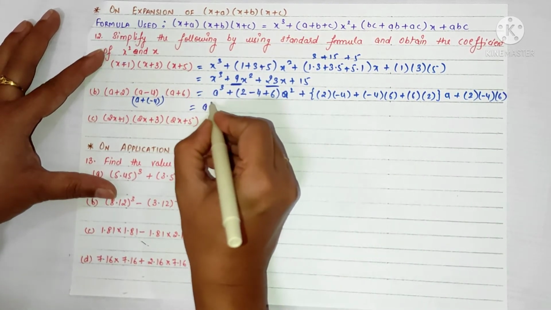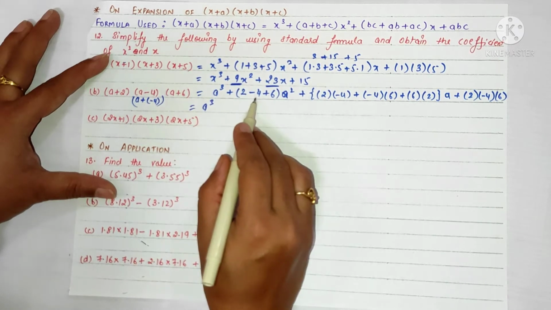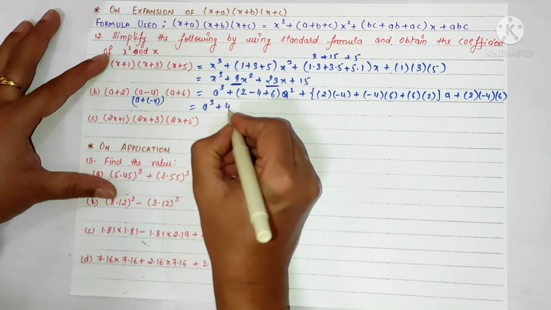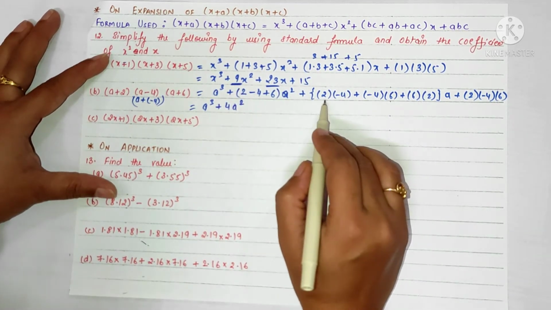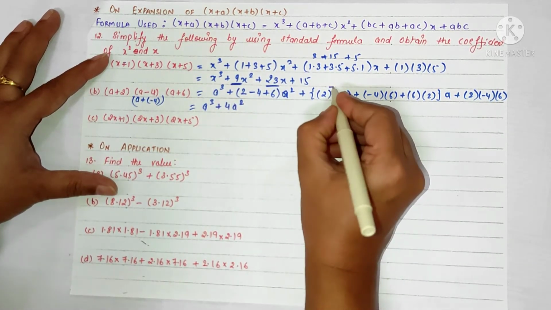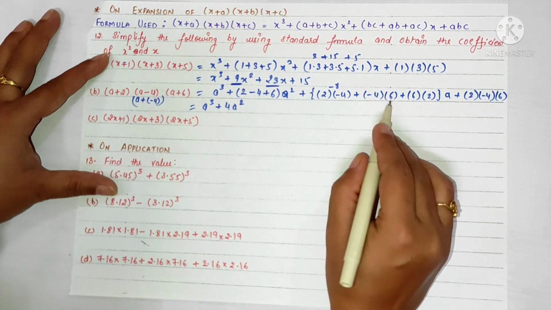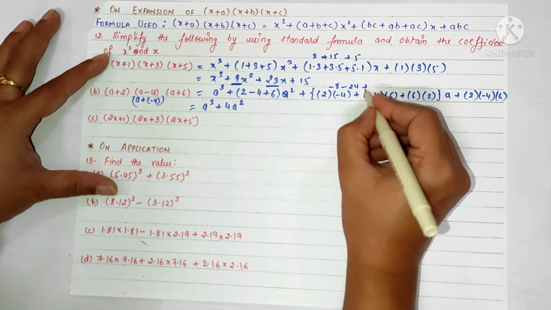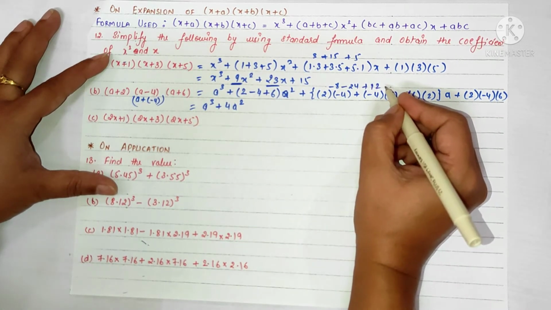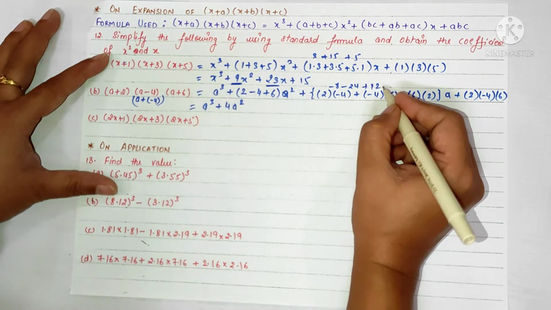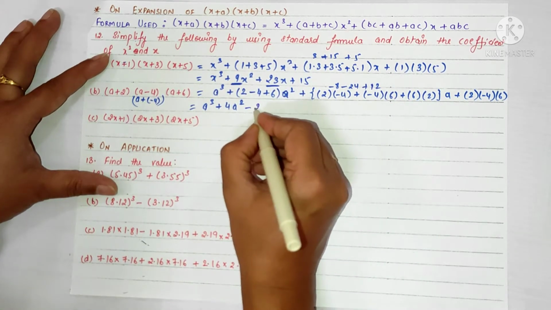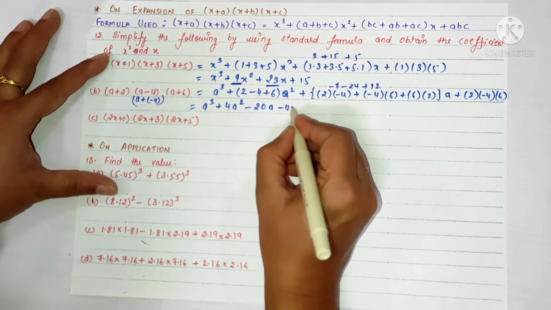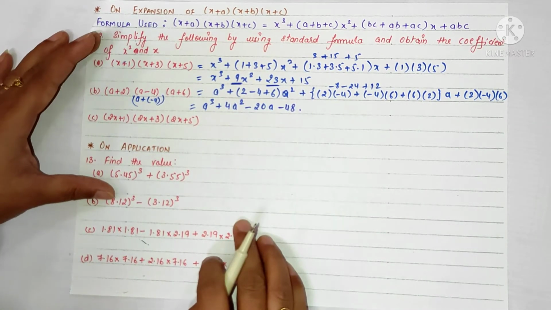So here we'll have a cube. So 2 minus 4 is minus 2 plus 6 is plus 4 a square. Now solving this, 2 into minus 4 is minus 8, 6 4s is 24, so minus 24 and 6 2s is 12. So completely while solving this, we'll get minus 20a. And on multiplication of this, we'll get minus 48. Hence this is the solution.